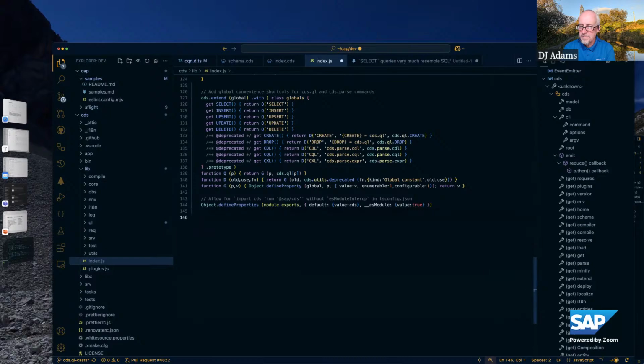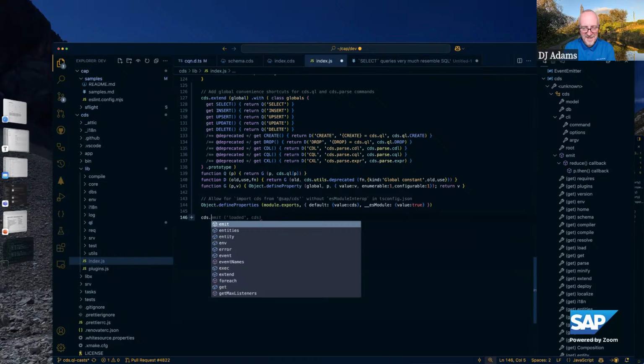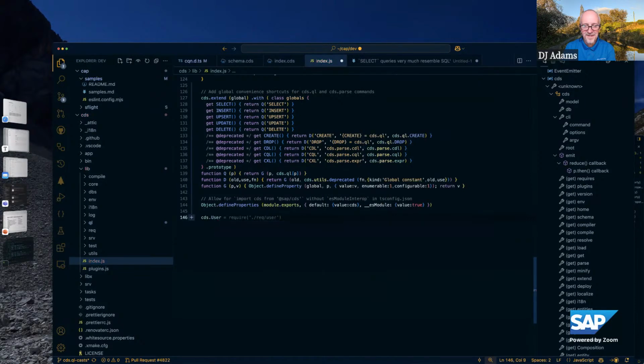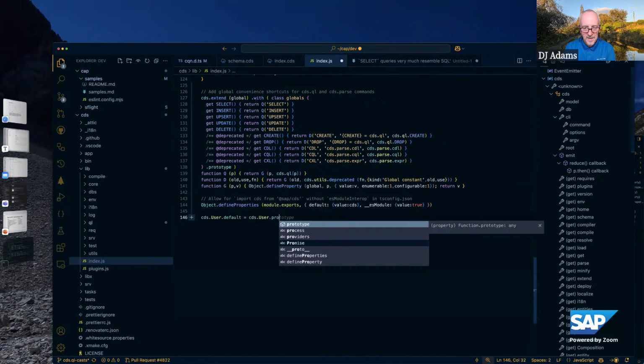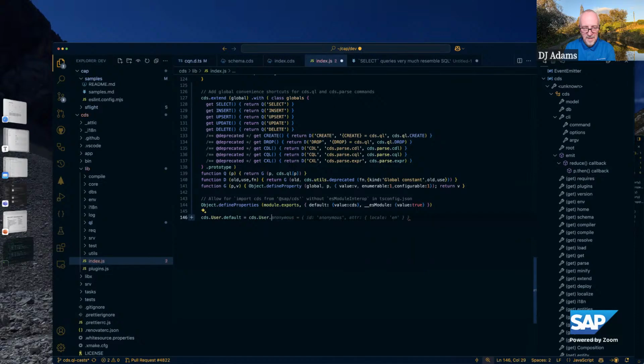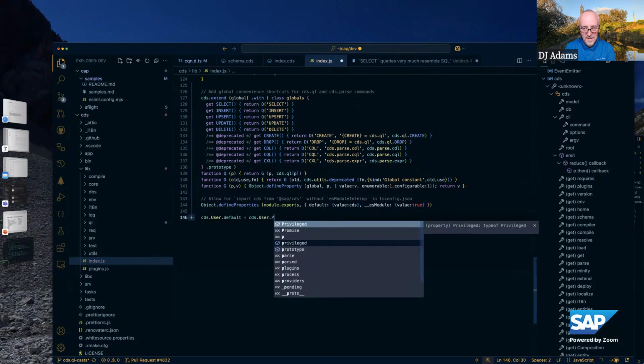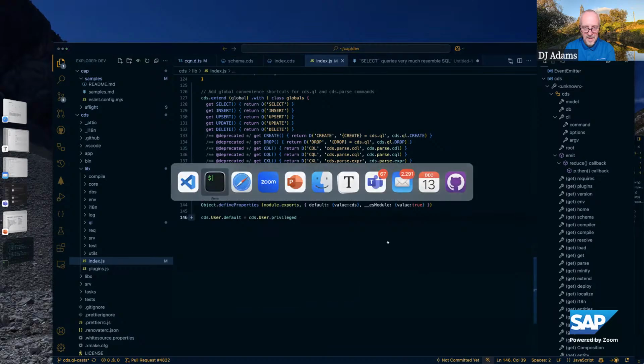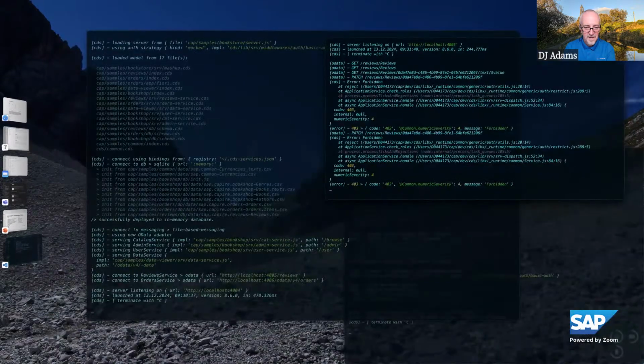So I just switched on privileged mode. You should not do that, by the way. It's my privileged user. Here it is. See whether it is better.